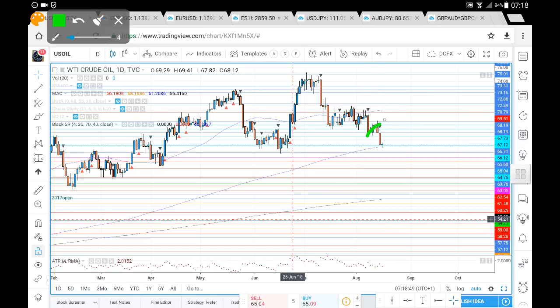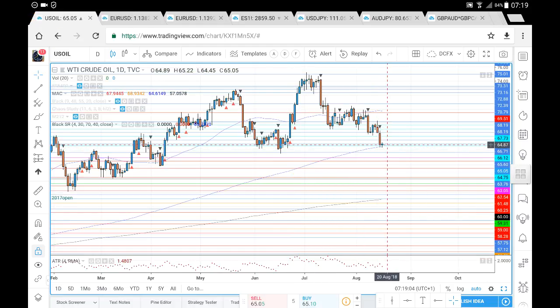oil. Brief pullback, tested resistance around 68.19, I think it is. Held resistance around that 68.19, and from there we've seen this sharp acceleration to the downside to test that 200 period moving average on daily chart, sitting slightly below that 64.75. So far we've seen a bit of a reaction from that 200 period moving average, but if we do